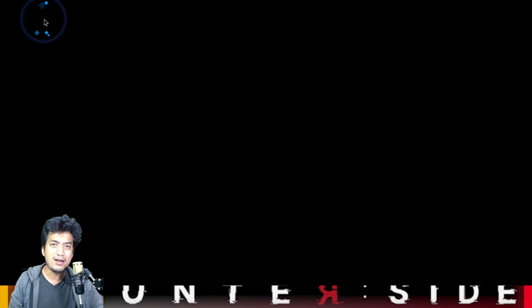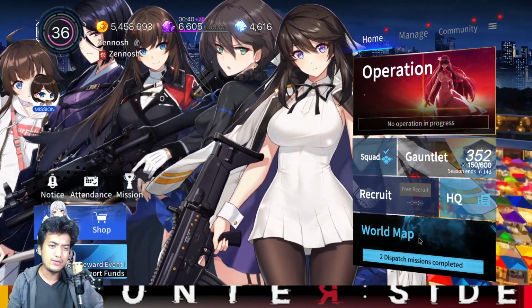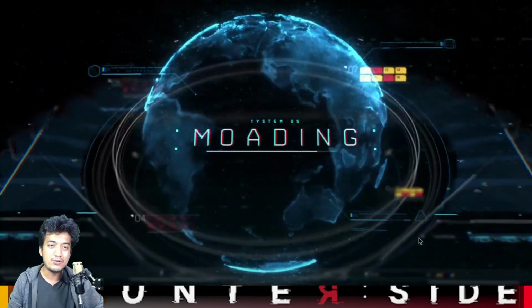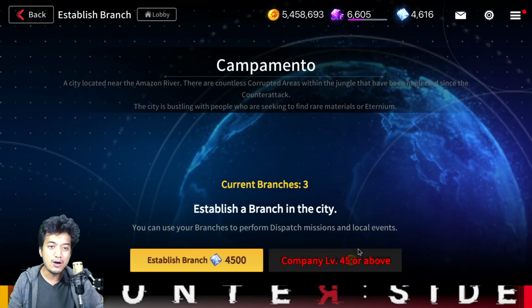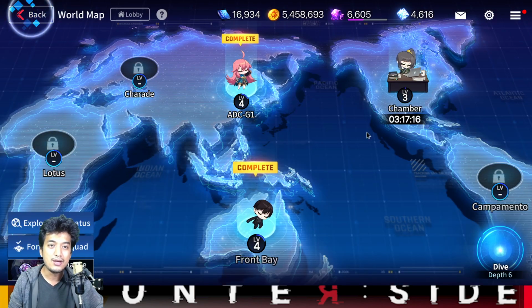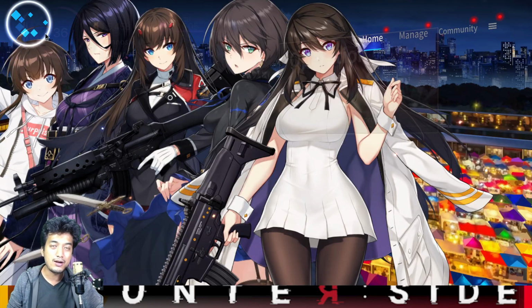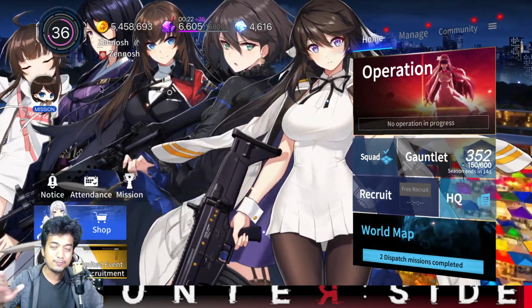If you're asking me how to create 2 branches out there in the world map, just go into the world map right over here in the lobby screen. Then you have to create another branch right over here. Yes, I got 3 total branches, right? And if I keep on improving my company level, I will be able to unlock more branches out there. That's how you unlock more branches and start to unlock that achievement